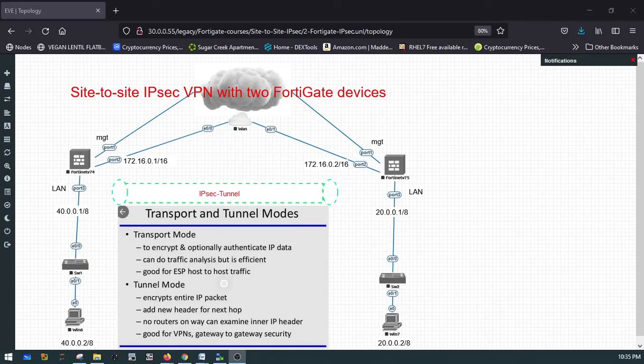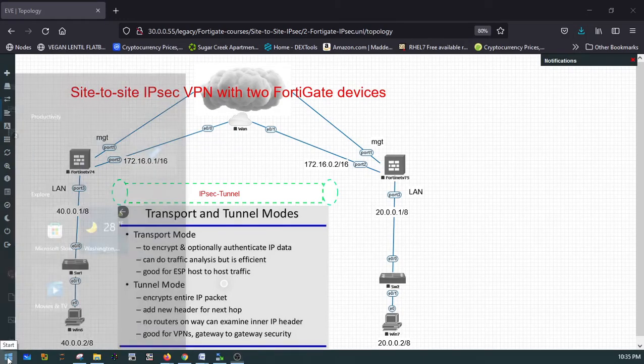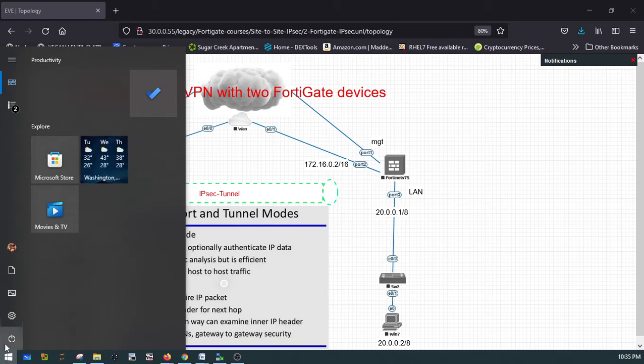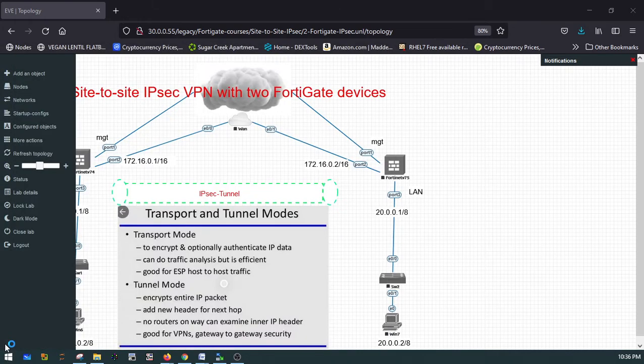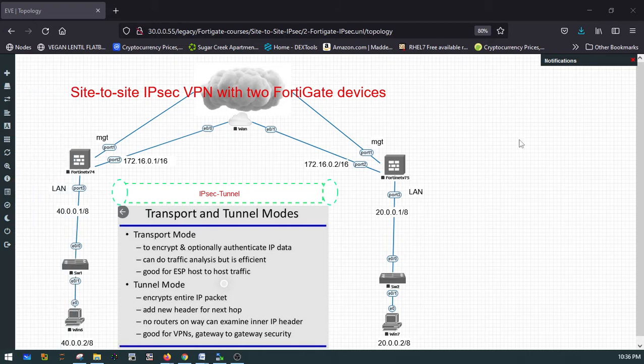Okay, team. Today we will discuss IPsec. Finally, I have time to set it up for IPsec, and in this topology we have two FortiGates. We'll configure